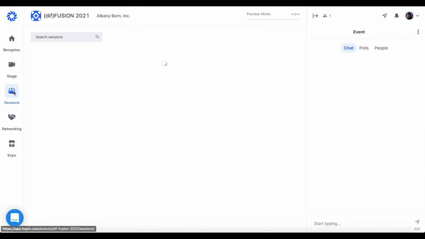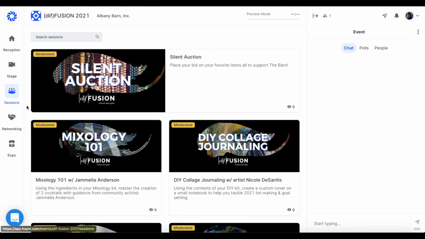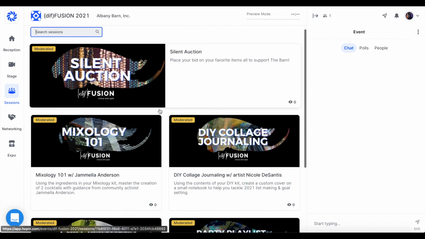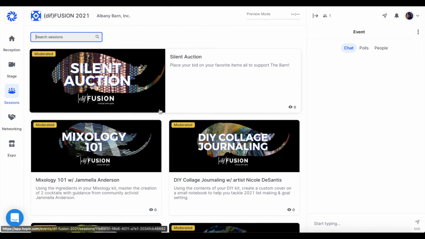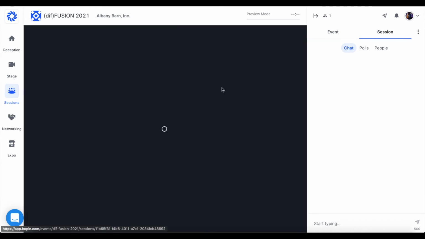Next, the Sessions tab. This is the Sessions tab. You can search a specific session by using this search bar up here, or scroll through and see what's available. Depending on the time of night, there will be different sessions available to you. What will always be available, though, is our auction. Click on the Auction tab,